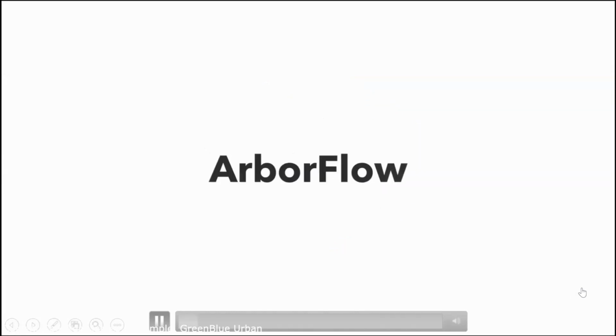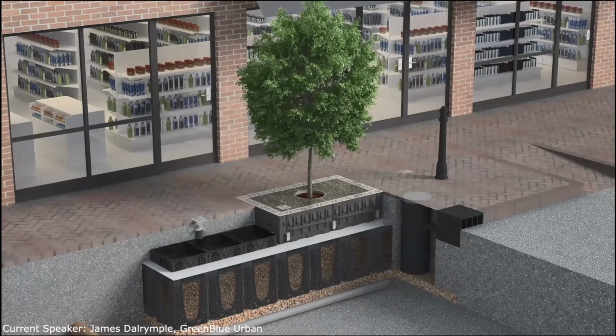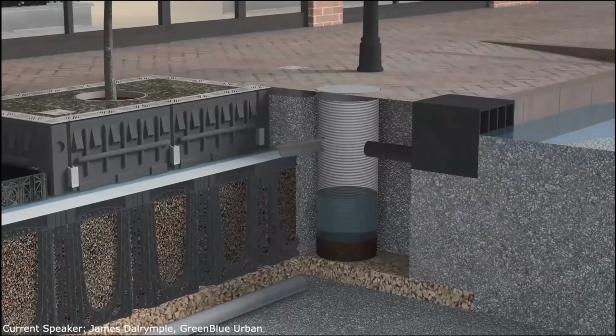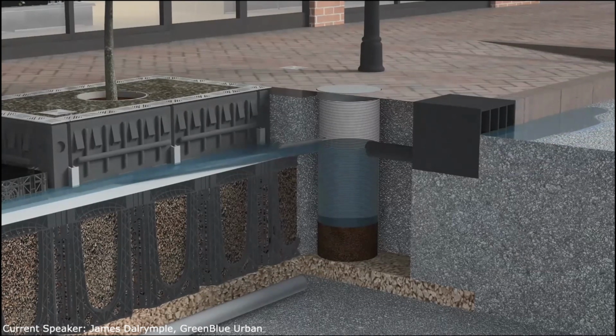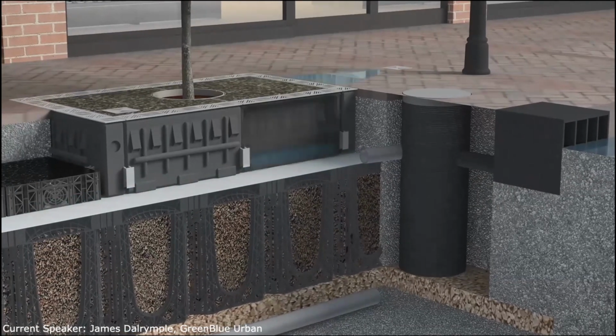Now this is a short animation. We're just going to have a very quick look at what goes on below ground and all the benefits that a tree can bring. So here, you'll see in a second on the right hand side, we've got water falling on typically a roadway, and you'll see it, it's a little bit jumpy on my screen, entering typically a curb flow inlet. The water then builds up in